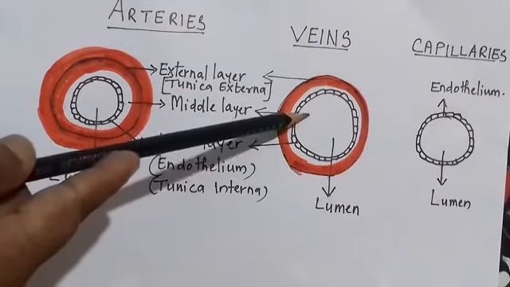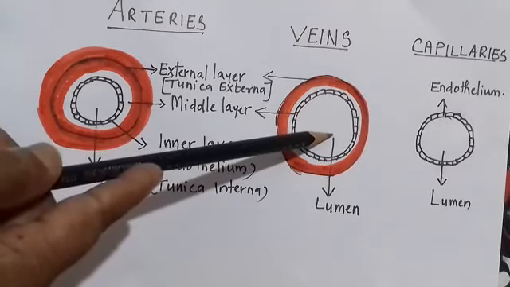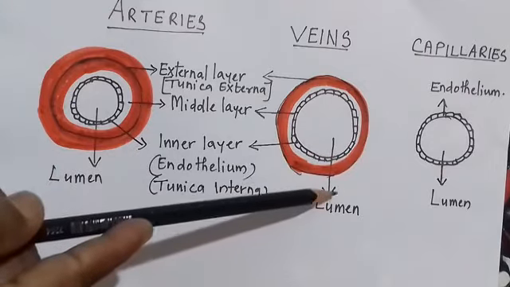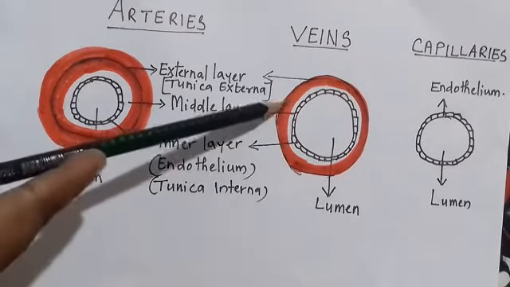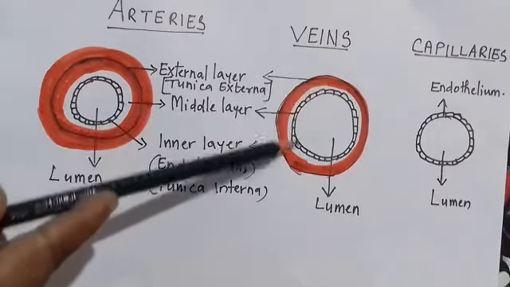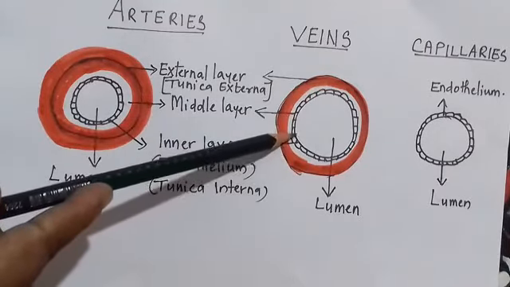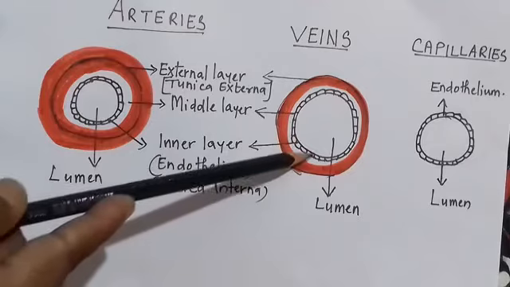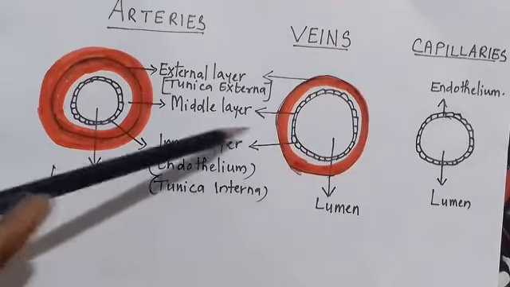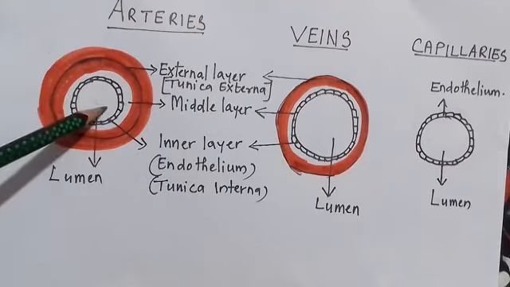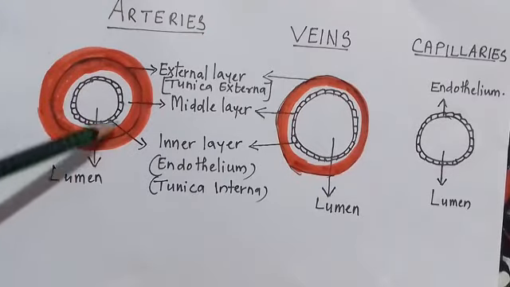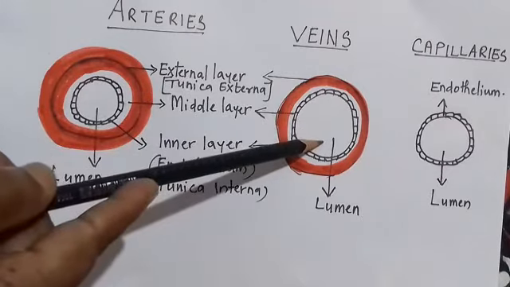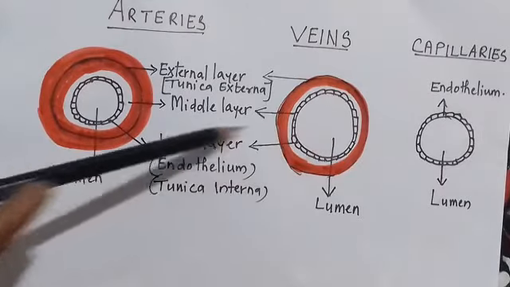Whereas here you see the veins. The veins' function is to carry deoxygenated blood, containing more carbon dioxide, from different organs of the body towards the heart. Here also muscular walls are there, but they are very thin as compared to arteries. There is an external layer, a middle layer and the innermost layer, the endothelium. You can see the innermost layer encloses a cavity. This cavity is known as the lumen. In an artery the cavity is very narrow, whereas in veins the cavity is wider than that of an artery.